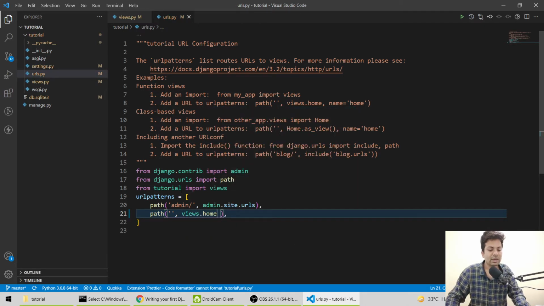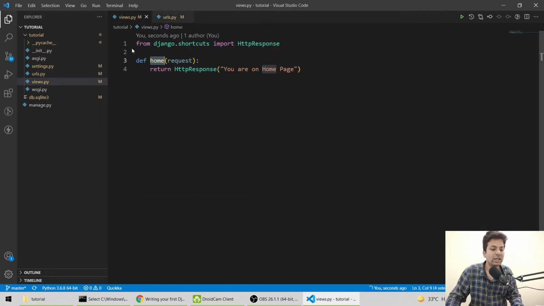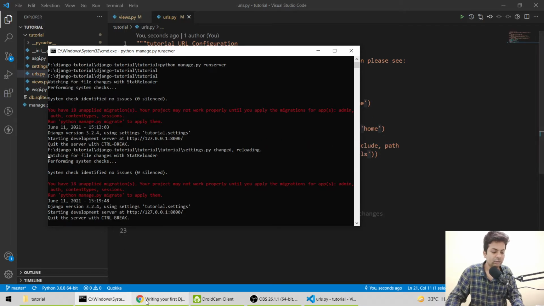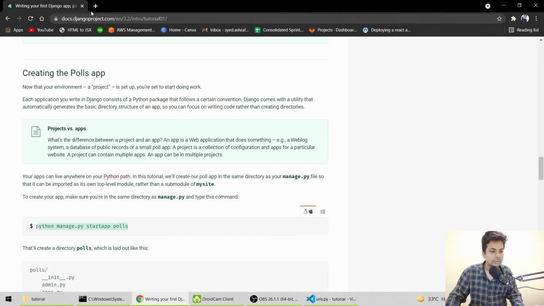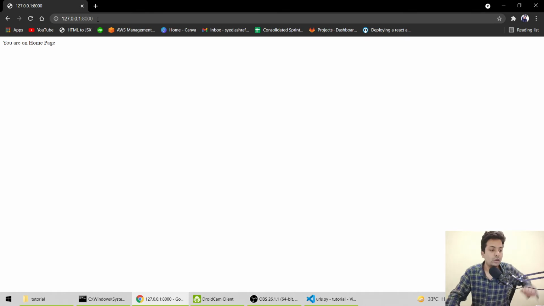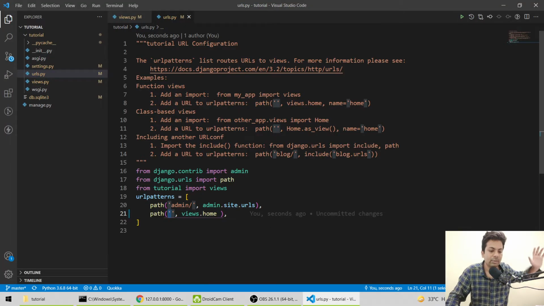So any request that comes to this path goes to views.home. In views.home, this is the function, it will come here and return this. Okay, so if we check it, it's running. Let me check it on port 8000. So, you are on home page. Like normal, I'm just returning a string, nothing much.